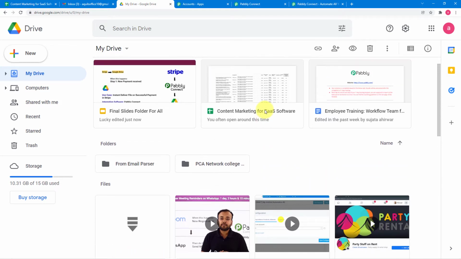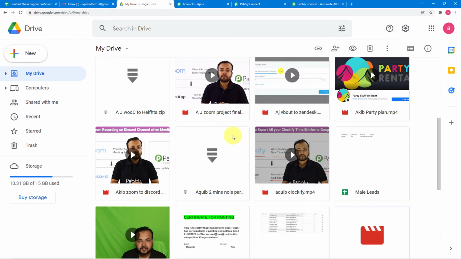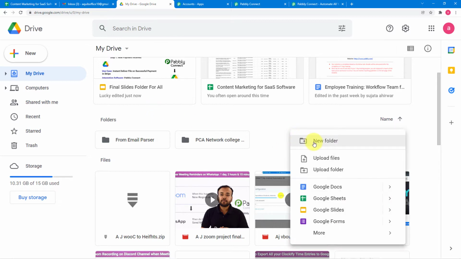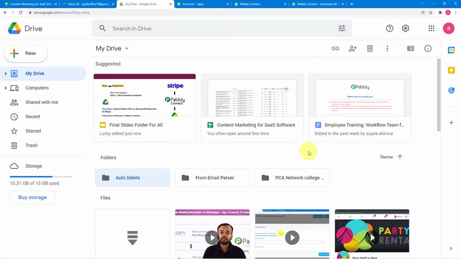Okay. Now what if you want to have this file in a particular folder. Okay. And you want to keep that file in that folder for a few days, and then you want to get it deleted automatically. That's what we want, right? So let me create a folder here first. I'm creating a new folder here. Okay. So let me give the title of this folder. So the name of our folder is auto delete, and I'm creating this folder here like this.